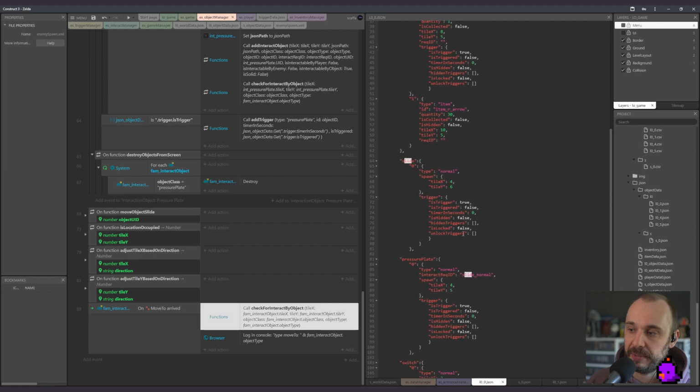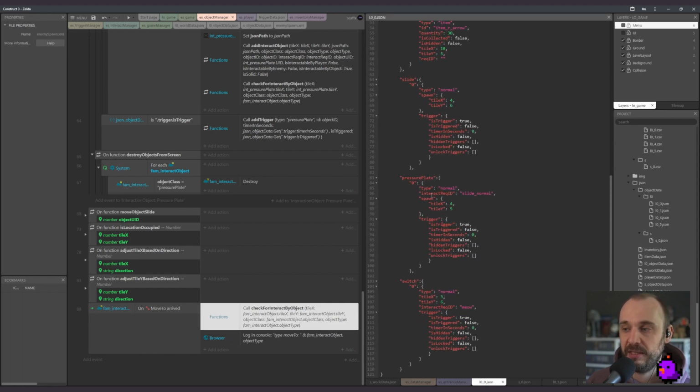And then the pressure plate, in this instance, has a requirement that to interact with this, it needs to be a slide normal, and then something happens. I could remove that, and then any object that is on that X and Y value is able to interact with it. But I was thinking about, okay, pressure plate,